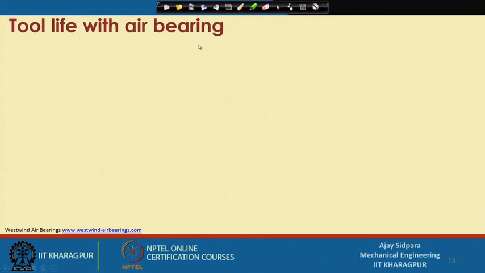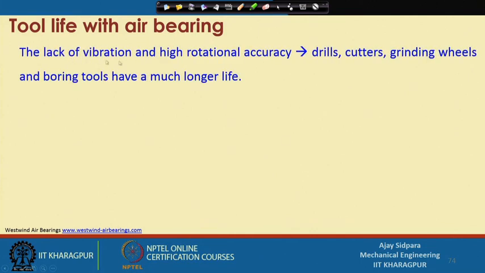Tool life with the air bearing. So, how will it affect the tool life? Lack of vibration and high rotational accuracy mean drill cutters, grinding wheels, and boring tools have a much longer life. Now, what is the advantage of this? We know that if there is a vibration,